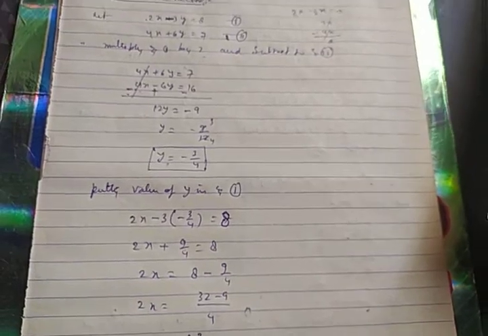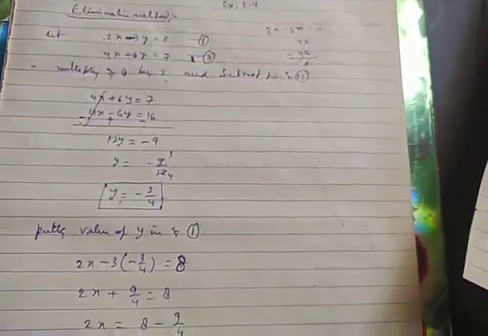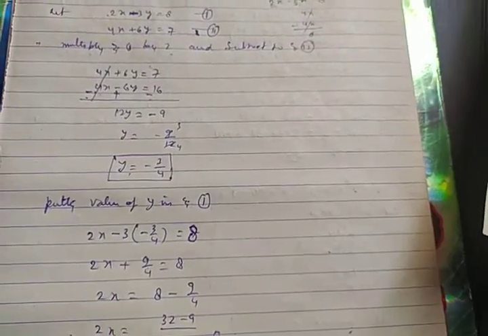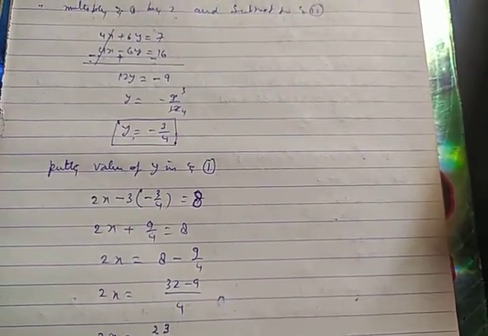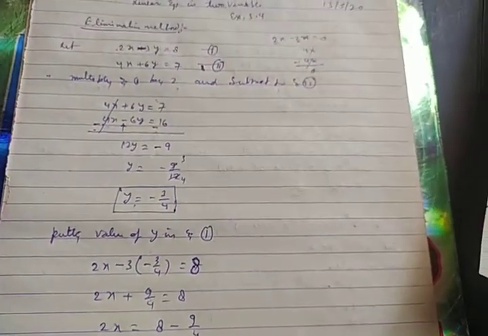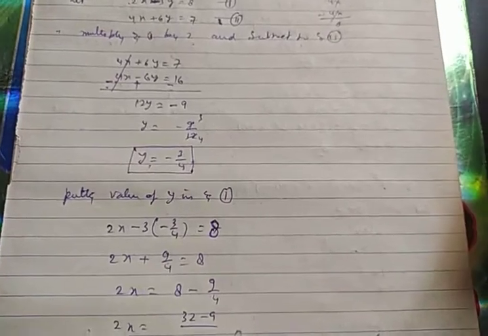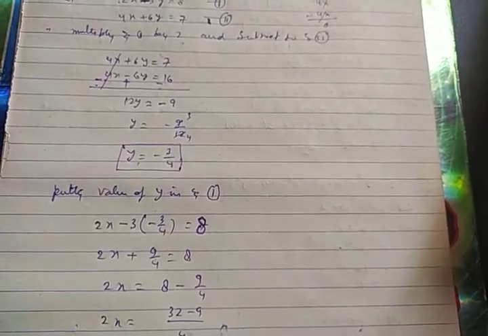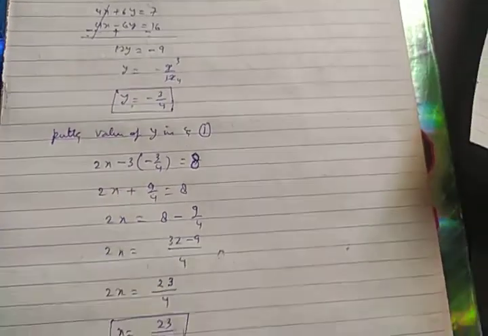One method was substitution method, this is the elimination method. The next exercise will cover another method, cross multiplication, which is also a different method. This means you have to learn the methods, and you must be able to solve a question by each method. This is your responsibility, to solve this properly.